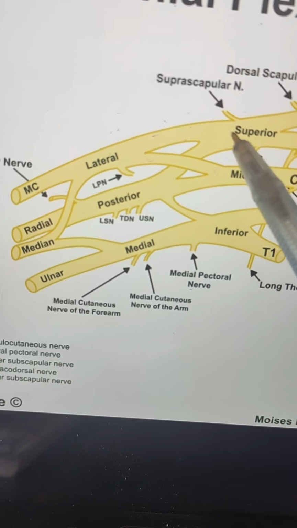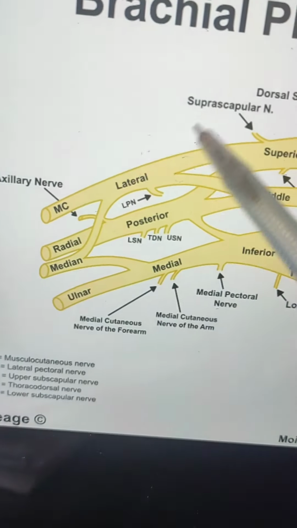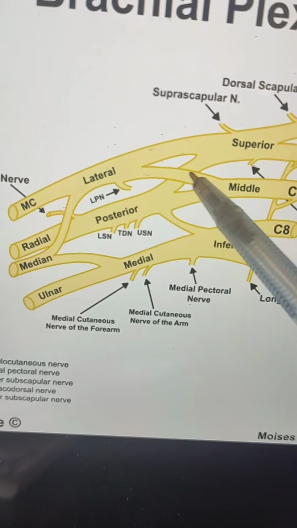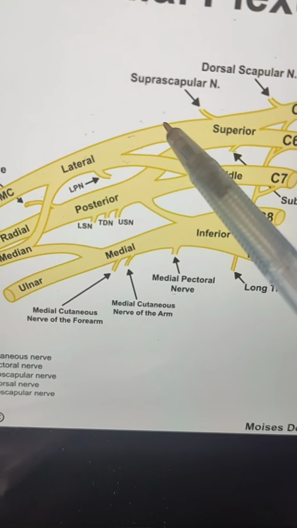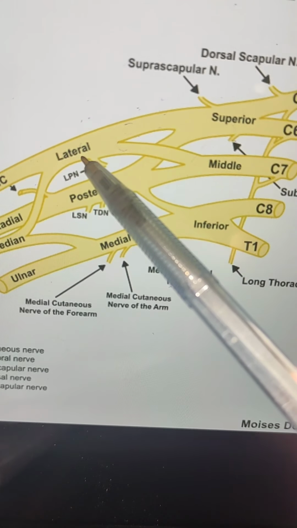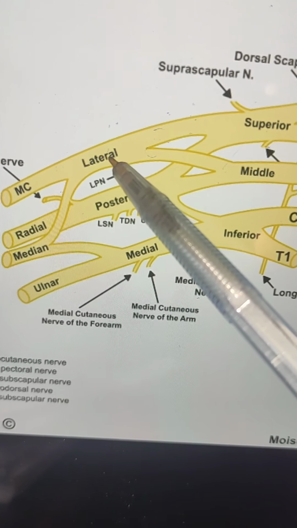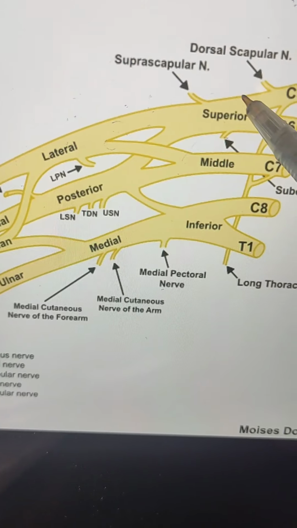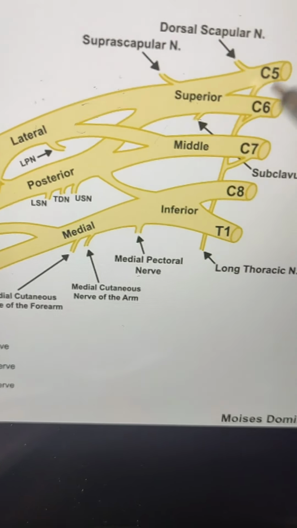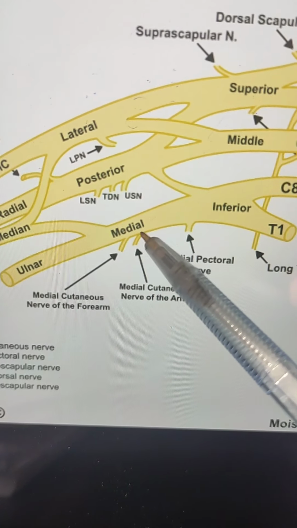So you need to understand here that the anterior divisions of the superior and middle trunks are joining here. This is the anterior division of the superior trunk and this is the anterior division of the middle trunk. So the anterior divisions of these two trunks are going to form the lateral cord. You can remember it like LA. LA is a city, Los Angeles, a city in the US. You can remember that the lateral cord is going to be formed by the anterior divisions of these two trunks, while the inferior trunk's anterior division will alone form the medial cord.